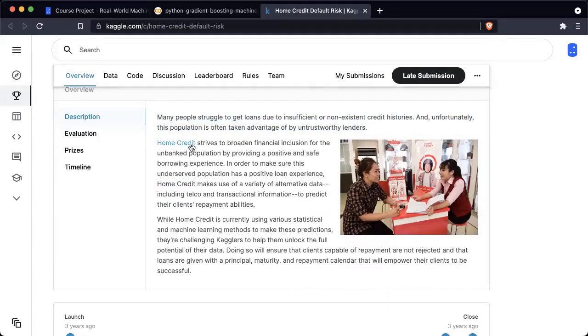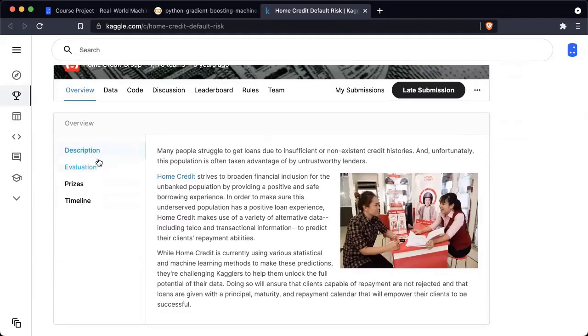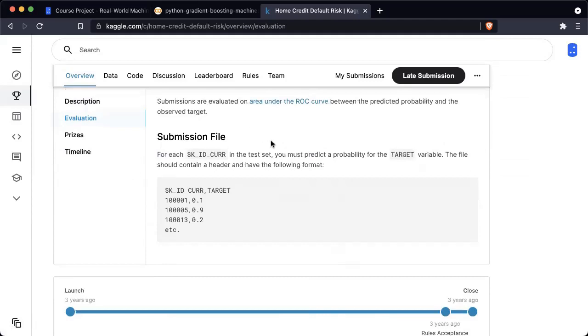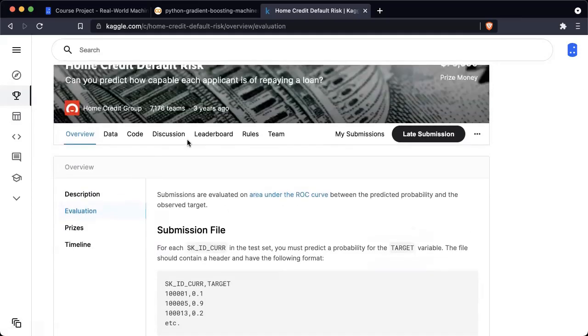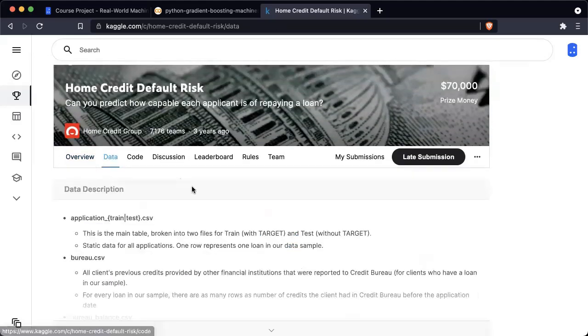It appears that this dataset contains some information about home credit or about loans, and you want to predict how capable people are of repaying a loan. So that's the basic idea. I encourage you to read through all the different tabs here in the overview. It's also very important to look at the evaluation criteria for your project and use that to evaluate your models if possible. But let's move on to the data tab.